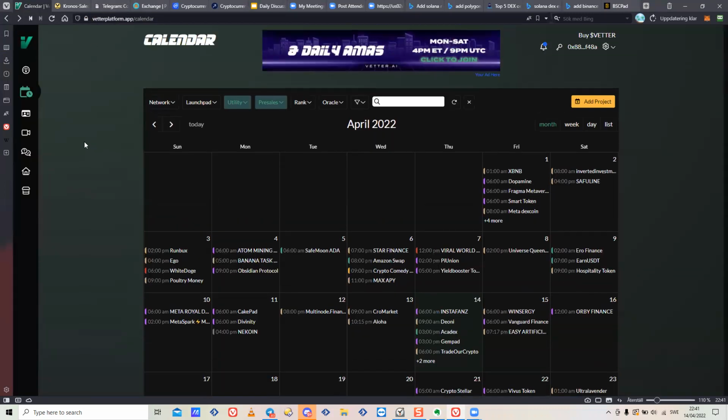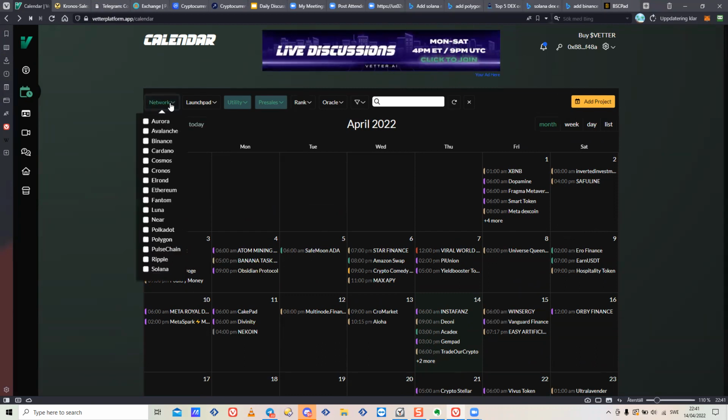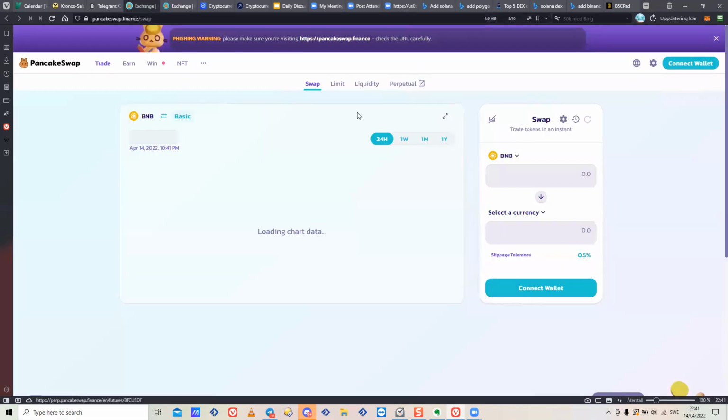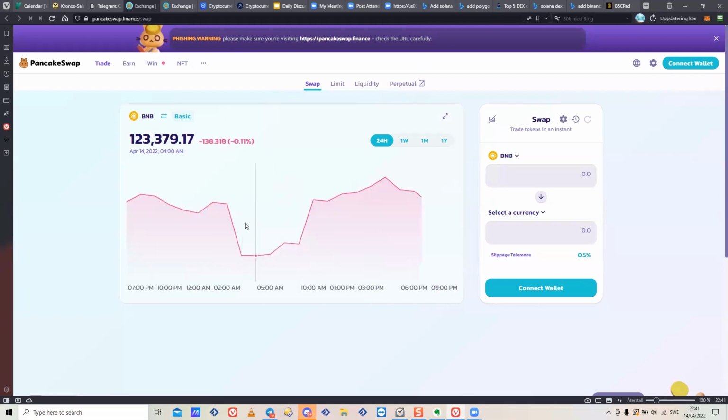Let's first go into the calendar. When you want to buy Vetr, for example, it's on the Binance Smart Chain. Here you have the networks, as I said, that are accepted right now or can be listed on the calendar. Vetr is listed on the Binance Smart Chain network. When you click on, for example, go buy Vetr up here in the corner, you'll be taken to PancakeSwap. And if you don't have Vetr in your wallet already, you will be asked to add that